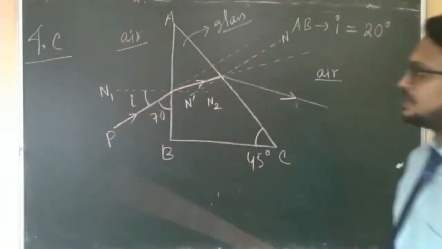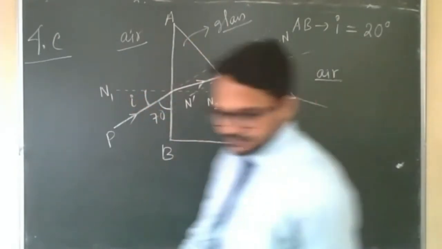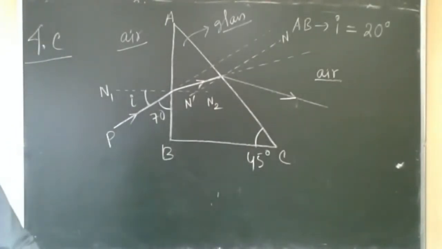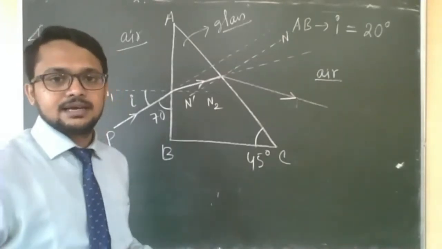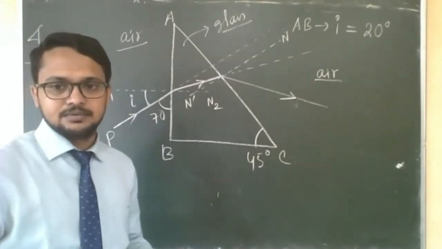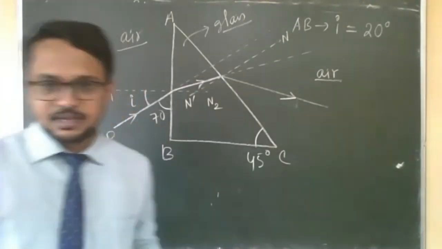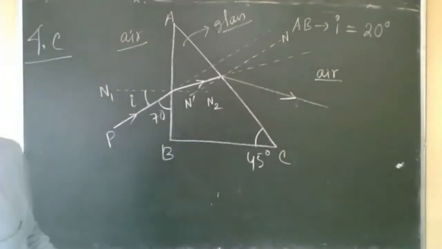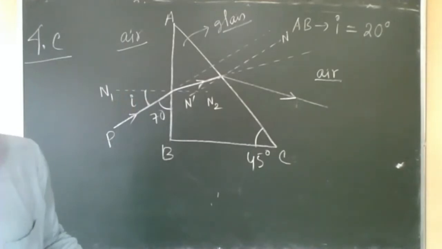One short question you can get is: what is the incident angle at the surface AB. So this is our third ray diagram. Now, is everyone clear? Any query? Then write in the chat box. No query? Okay. I am going to the third question, and then the fourth question, then over.